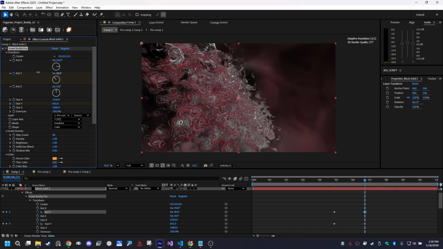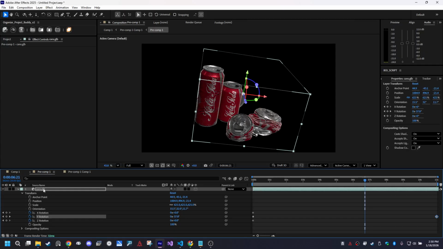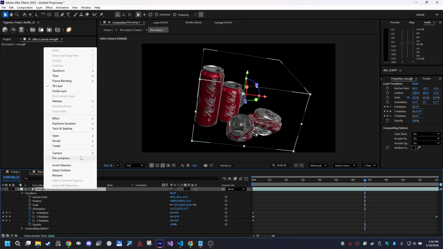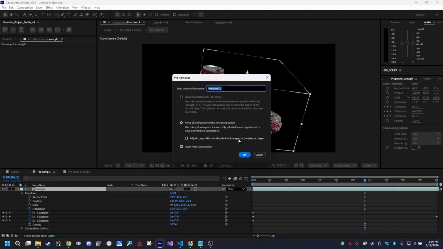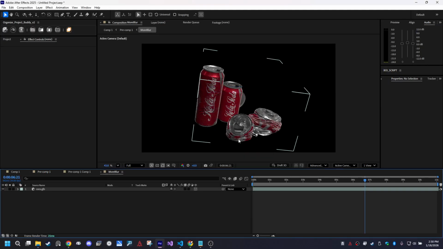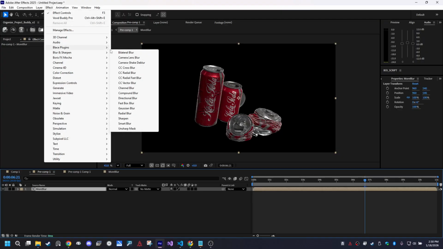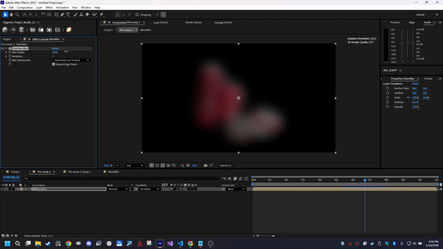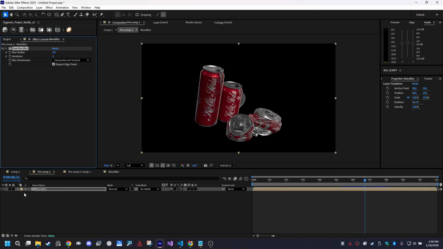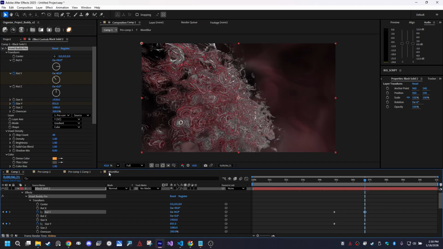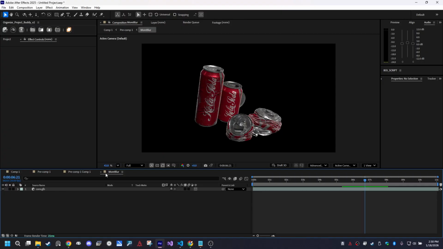We're going to go this way, as well as pre-compose this guy again for more blur, just to give it a blur effect. And fastbox blur, because I'm just a fan of that one. Yeah, we're going to have it get to that fastbox blur here,